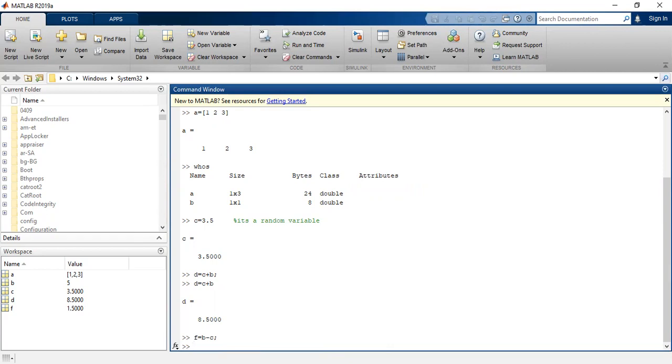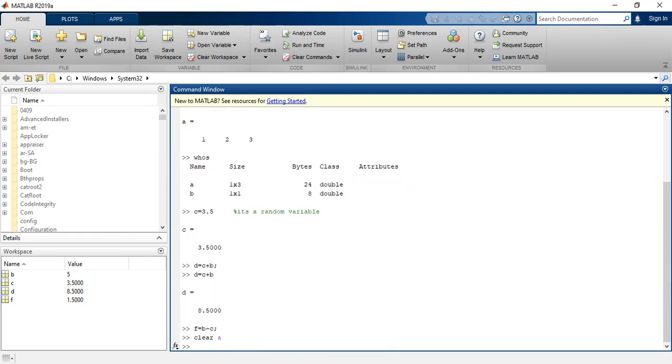And if I am defining two variables, as we have used A, I can just clear A, and I want to give it a new name. I want to define A as something else.